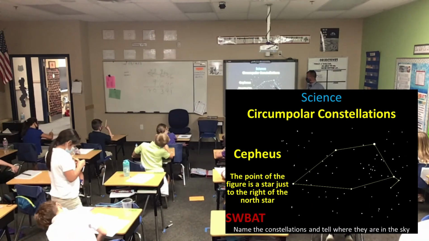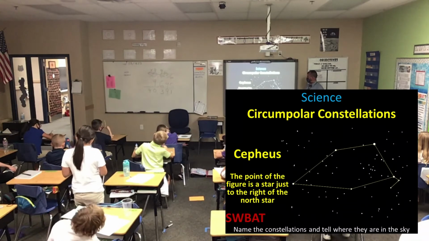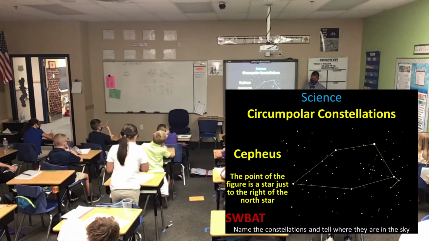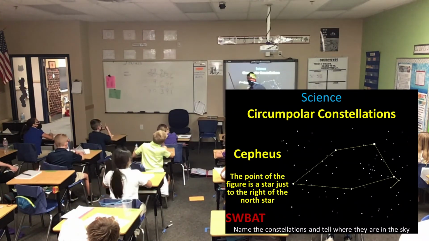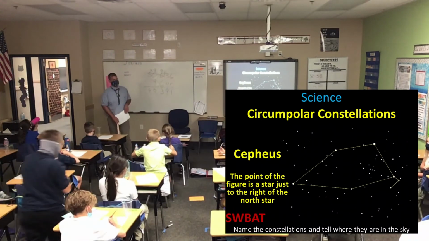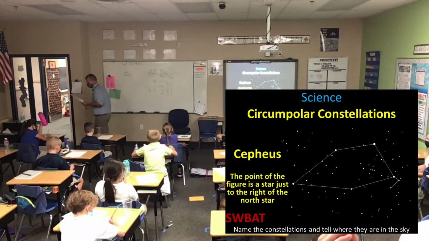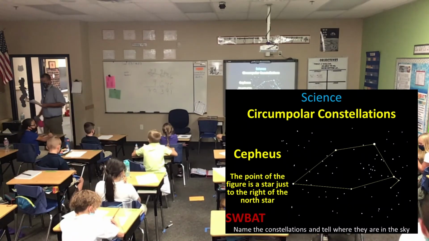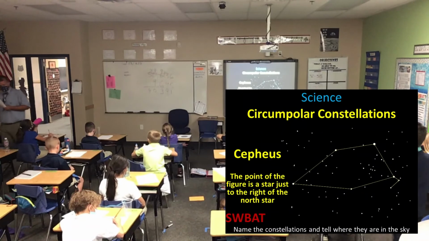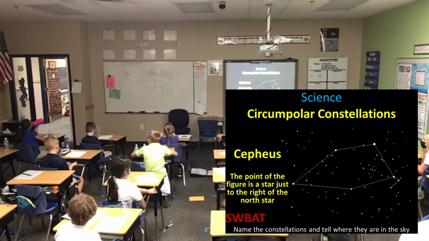I've seen some where this is like his throne, and somehow I don't know. You can picture it however you want. Cepheus, you're going to write on the line, the king. According to myth, Zeus placed Cepheus into the sky after his tragic death, which resulted, you'll come to find that